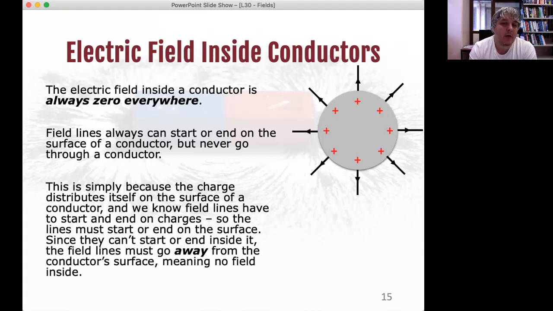So you're always getting your charge on the surface. And that means that the whole inside of the conductor is not charged. And that means that there isn't any force on a charged particle inside the conductor. So we don't have any electric field inside a conductor. And this is always, always, always true. There is no electric field inside the conductor. The field lines start or end on the surface of the conductor, but they never go through the conductor. Right? So they start or end at the charged particles,